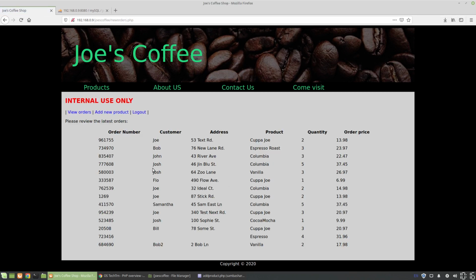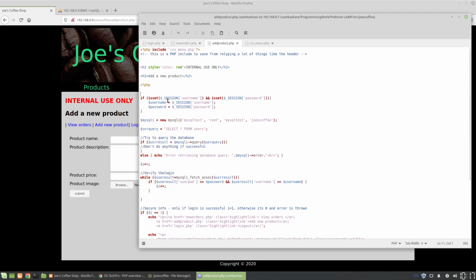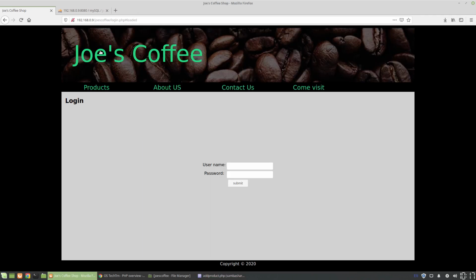The reason for that is the direction or the flow of how I set up the website: the login always goes to new products first. So new products has the option of catching a value in post, whereas add new product would be step 2 from the user perspective. So add product, if there's a valid user, it would have to be caught in the session. And if we logged out and then tried to go straight to the add product,